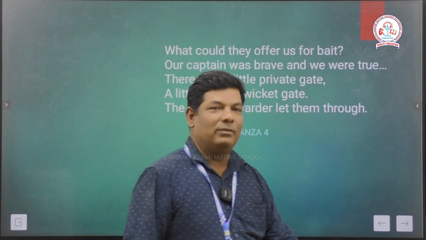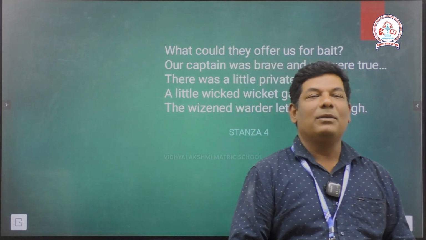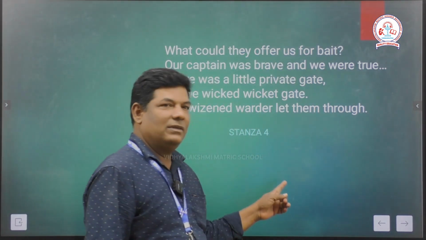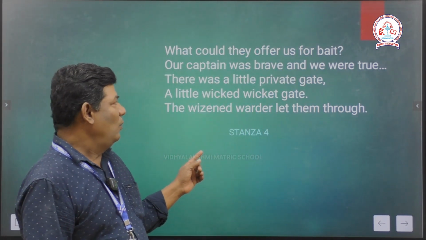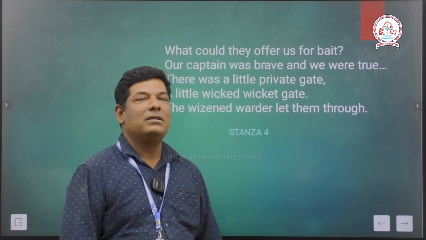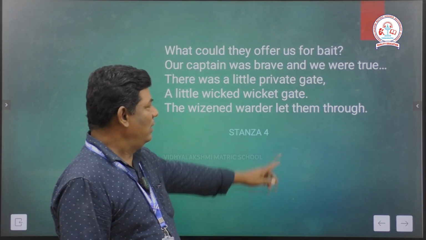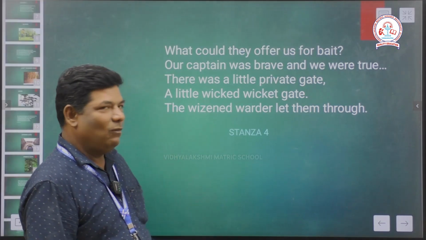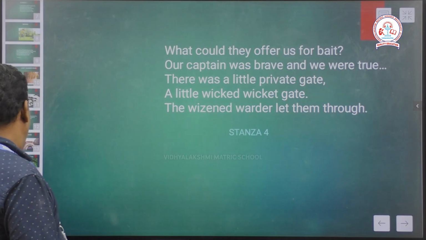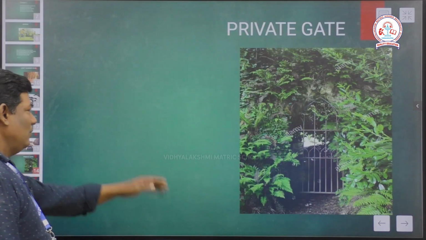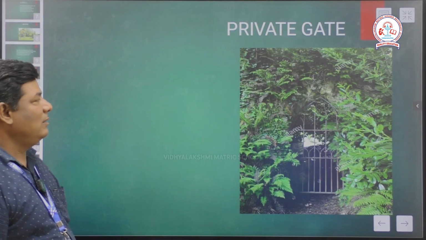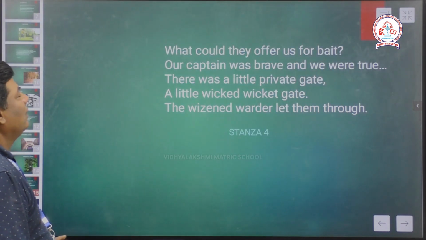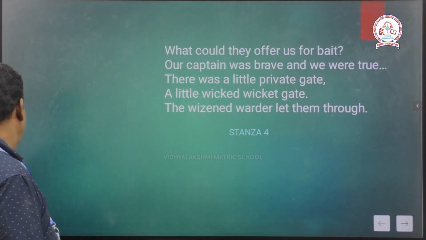What is meant by bribe? Receiving some money and doing a favor is a bribe. This old man, the security guard who is safeguarding the private gate, received a bribe from the enemies and led them inside the castle. Then what would happen? Just imagine. This is the private gate that I would like to show you again. This is a secret gate. Only few people can enter this. And this man allowed the enemies after receiving a bribe.